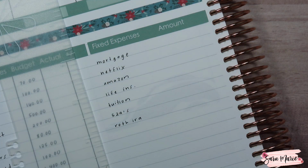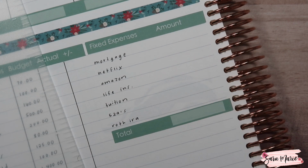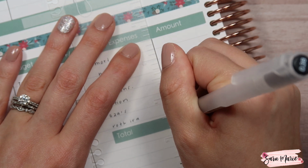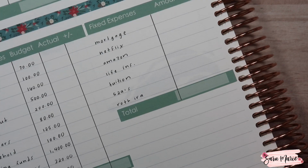Okay, so that is all that we have when it comes to our fixed expenses. So let's go ahead and draw our line in, and we can write in our amount. So our mortgage actually went down. They readjusted our